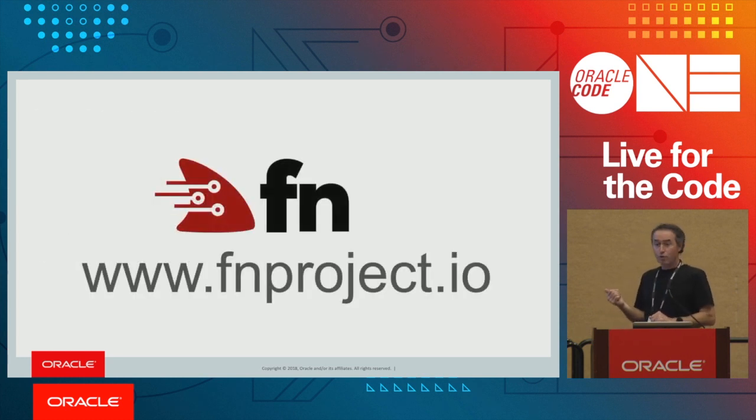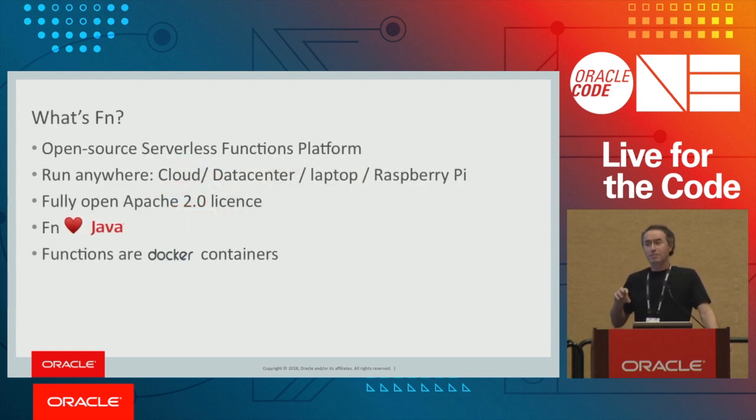So I work on the FN project. It's open source, Apache 2 licensed. You can go to GitHub and download it and try it out. We have a lot of support for Java. I'm going to talk mostly in the context of what I'm doing around the FN project, because we have a lot of control over what you can do, and I'll show you some examples of how you can take control.